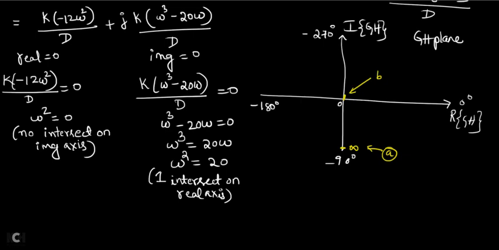Now where to mark the intersection points? Where are the intersection points? Are there any intersections on the imaginary axis? No. So there is one intersection on the real axis, correct? So real axis means which one? This is your real axis, correct? No, horizontal is the real axis. Whether to mark the intersection here or here, I should mark here. Why? Because from point A to point B, how do you have to draw?